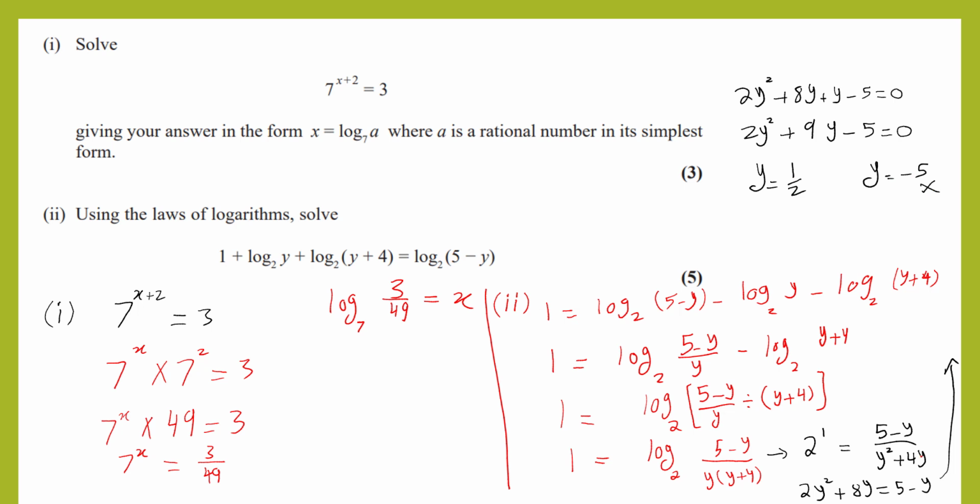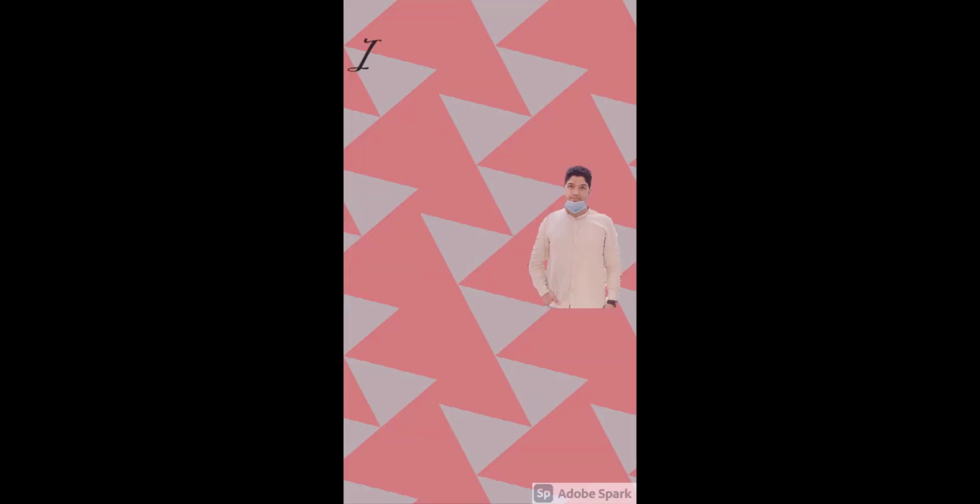We're having 2y squared plus 8y plus y minus 5 is equal to 0, and then it becomes 2y squared plus 9y minus 5 is equal to 0. After factorization, we'll get y. The first y is half, the second y is negative 5. So negative 5 wouldn't work here, so we crossed out the